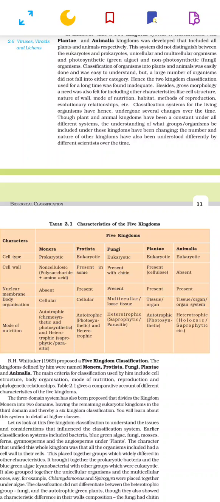Number 4 character, body organization. In Monera, the body is made up of only cells, that's why it is cellular organization. In Protista, cellular organization. In fungi, it is multicellular and made up of loose tissue. In Plantae, tissue and organ level is present. In Animalia, tissue, organ and organ system, all three levels are present.